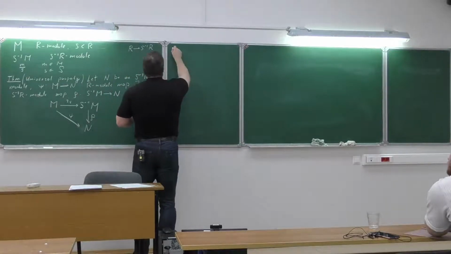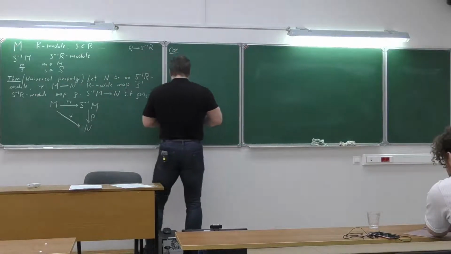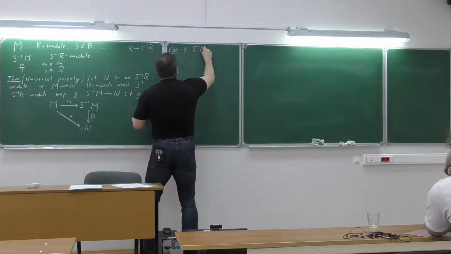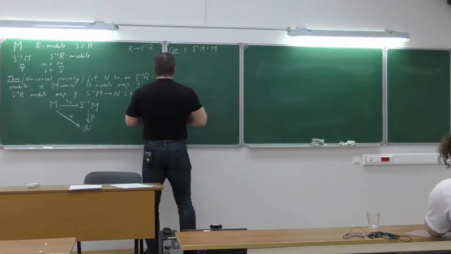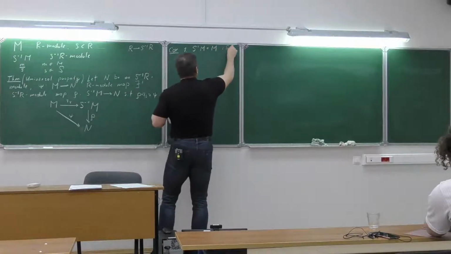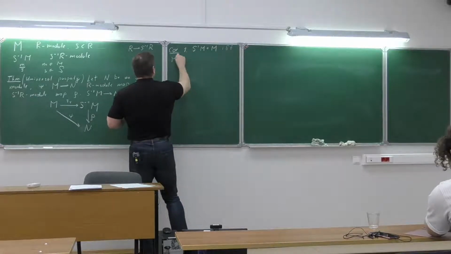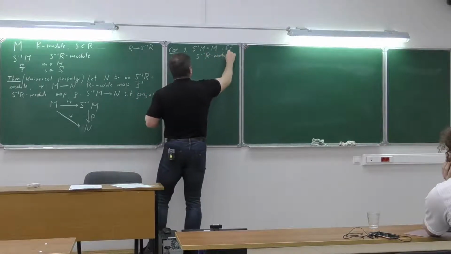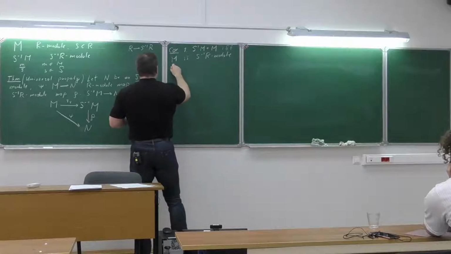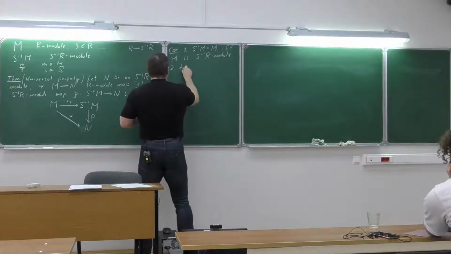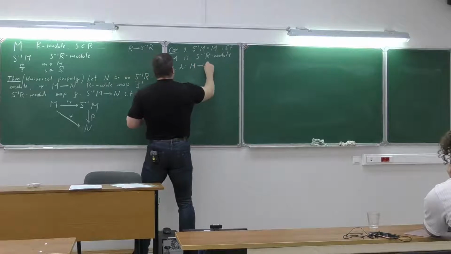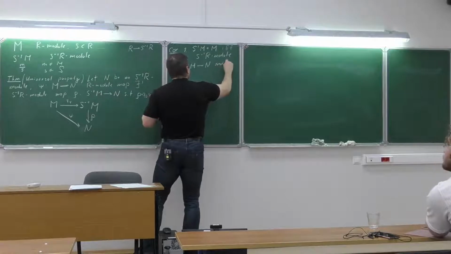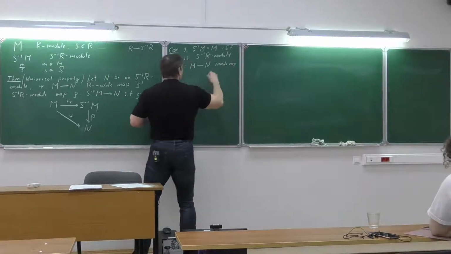From this theorem, we can derive essentially the same corollaries as before. Part one: if you localize a module and you get exactly the same module, so localization doesn't do anything, this happens if and only if M is actually already an S inverse R module. And property 2: if you take a map alpha between two modules M and N, so this is an R module map,